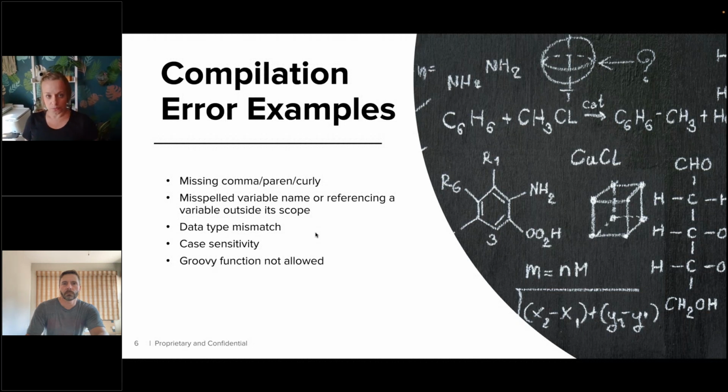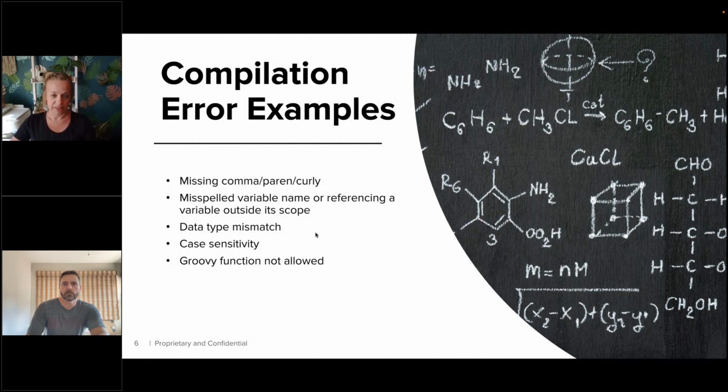Compilation errors are errors that surface when the system is trying to load a script and encounters a problem that prevents it from finishing loading, whether that be a syntax problem. It's one of the most common reasons, mistakes in just how the code was written in general. So some of the most common errors that you'll see here are going to be syntax, such as missing a comma, a parenthesis, a bracket,